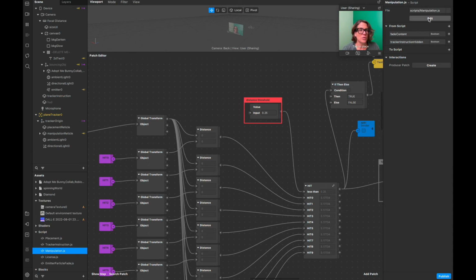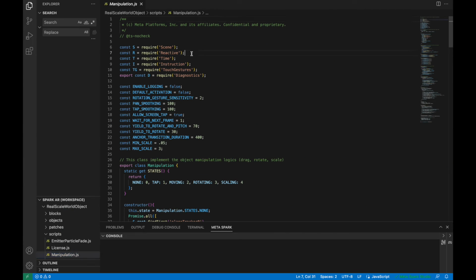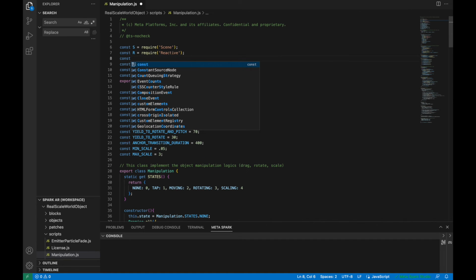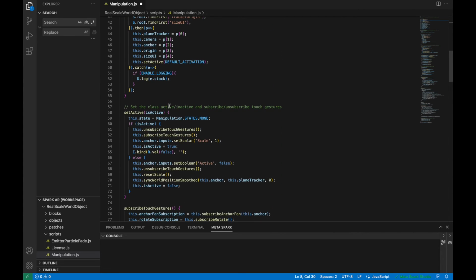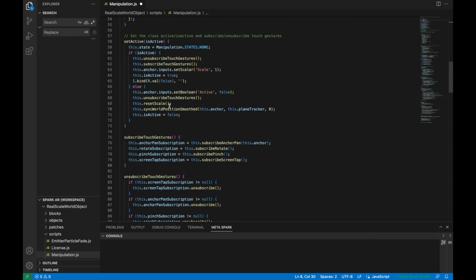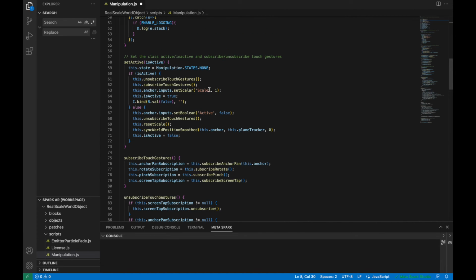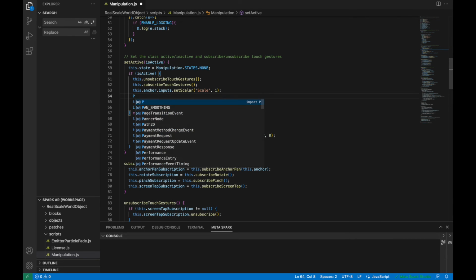So let's go into that. Sorry. So I need, first of all, the patches module. Anywhere that the scale, set scalar, the scale, this anchor input, anywhere that is set, I'm going to set my patch input as well. So patch input set